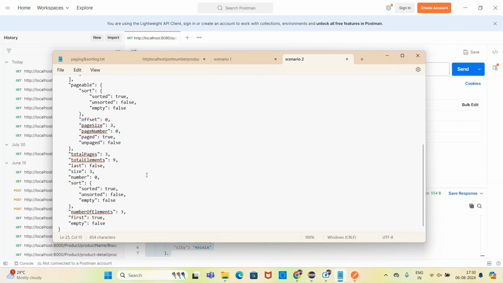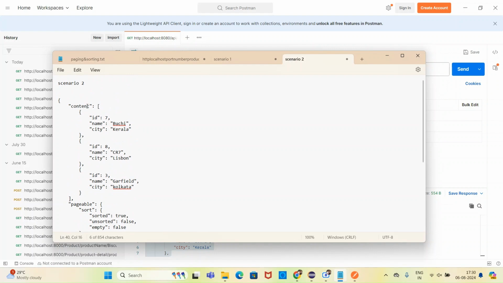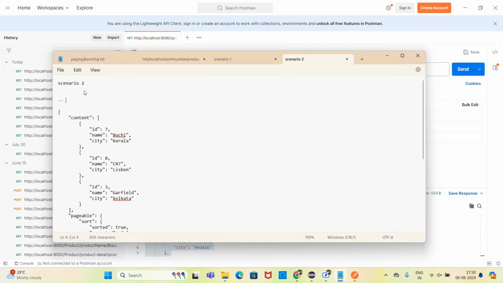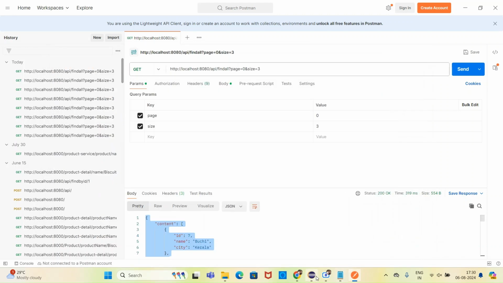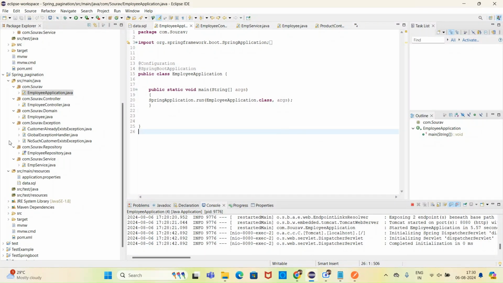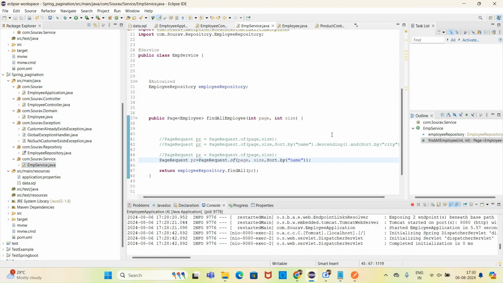And the rest of the things are the same, but sorted equal to true, unsorted equal to false. So here, scenario 2: fetching 3 records based on name as ASC. That means ascending order. So if you see the code over there, you can see in the service class what